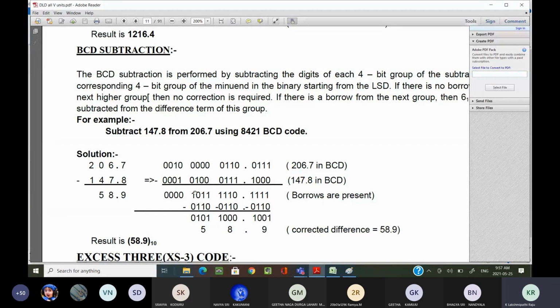What am I doing here? In all these cases, we have to subtract 6 from the difference. Now I am subtracting 6, and what is the value I am getting? This is my final result, and this is the correct difference.